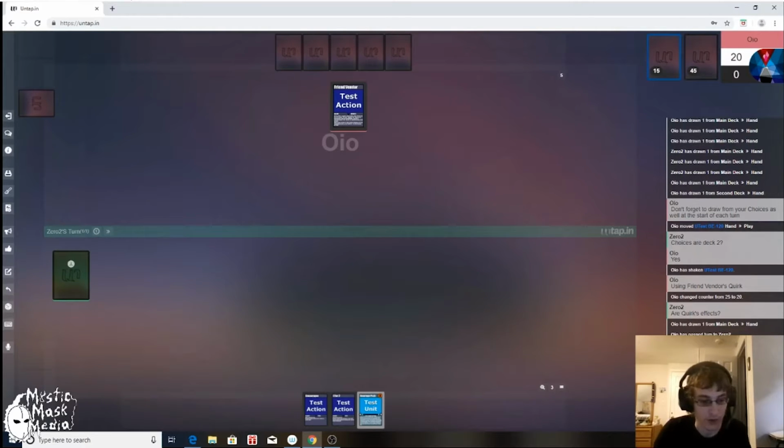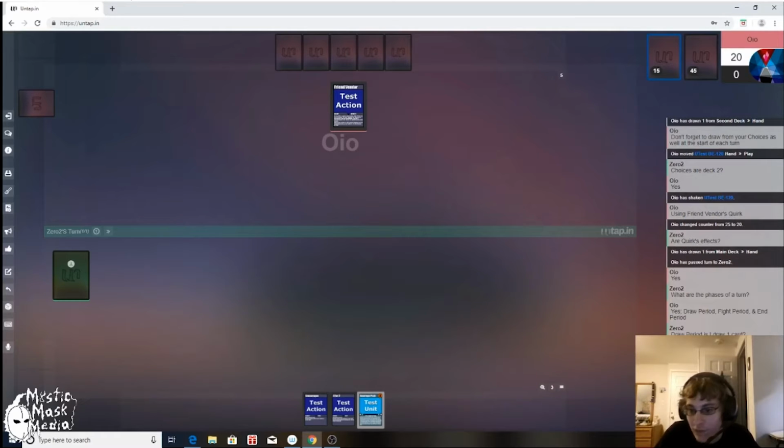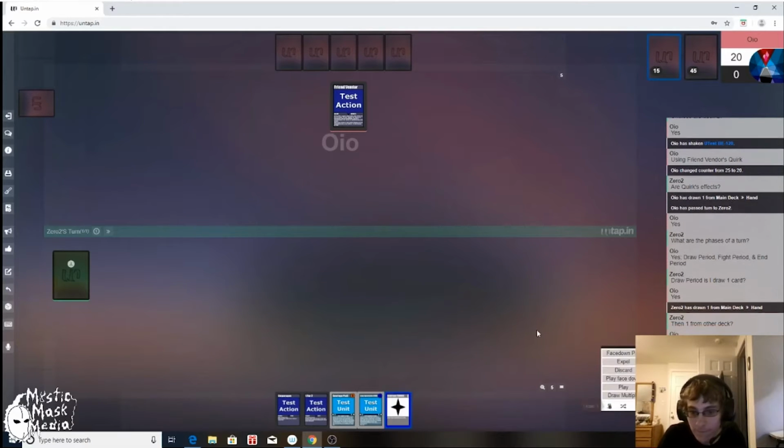So what are the phases of a turn? Draw period, fight period, and end period. Okay, so draw period is I draw 1 card. Okay, so I draw 1 off here. Then 1 from other deck. Alright, so, okay, so then